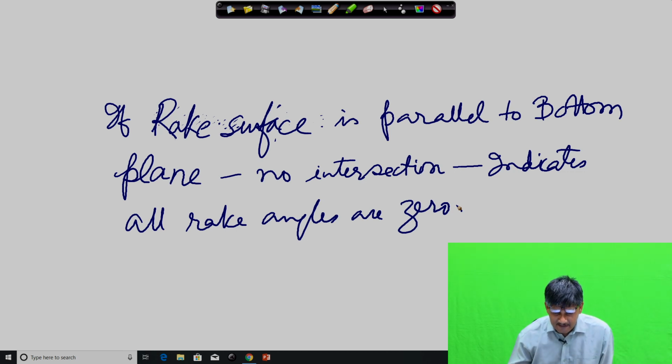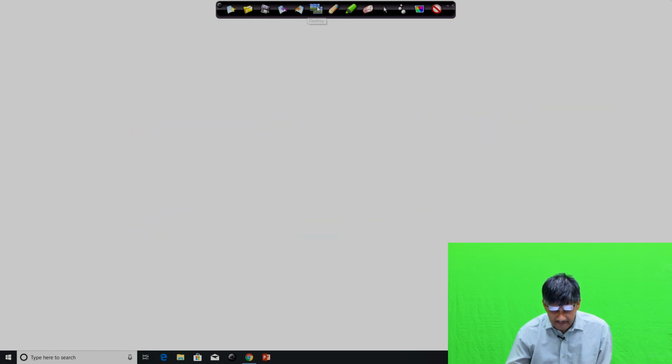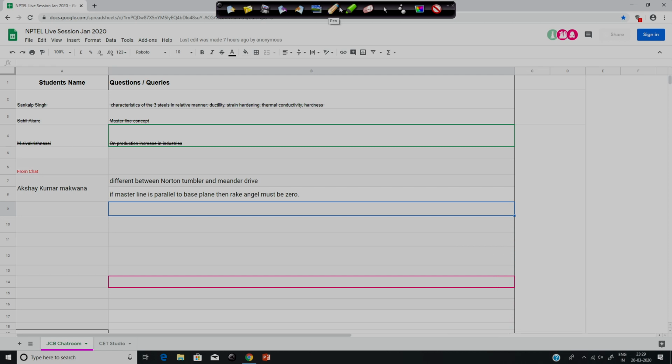Now, let us come back. So, if the master line for rake is parallel to the main cutting edge, that was the question that I had asked. Let me see whether anyone has given any answer to that. Yeah, somebody has mentioned that if master line is parallel to the base plane, then rake angle must be 0. This is not exactly what I said, but let me say this,